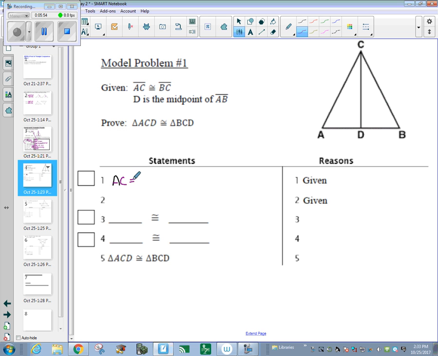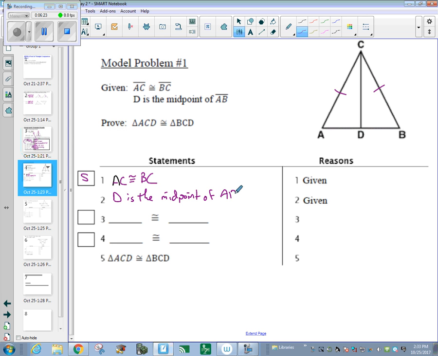AC is congruent to BC. That's a given statement. And that gives me, if I mark it on my drawing here, AC is congruent to BC, then I can see what's happening up there, and I can see that I have congruent sides in common. Well, my next given statement, because that's what I'm looking at over here, it says given, is that D is the midpoint